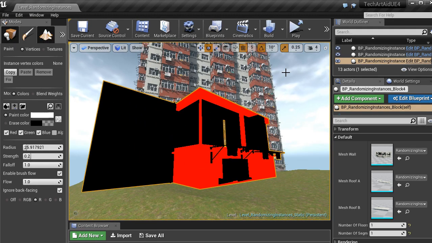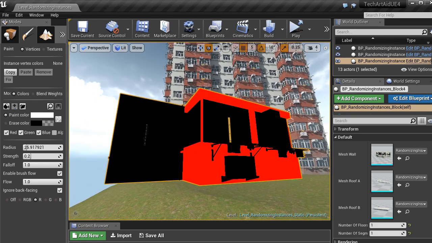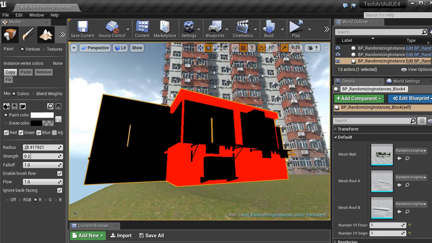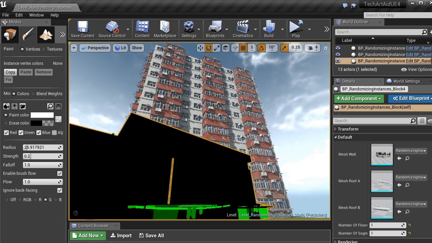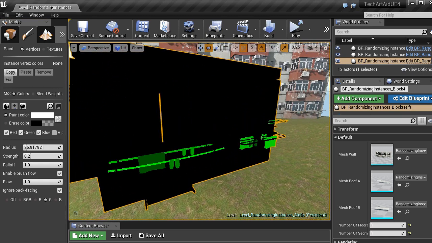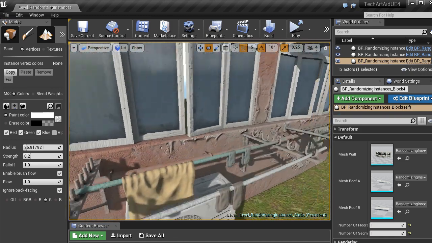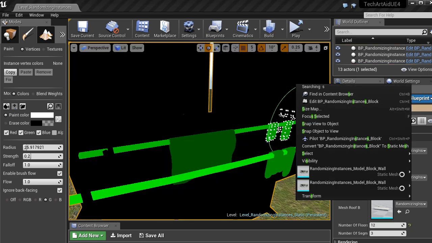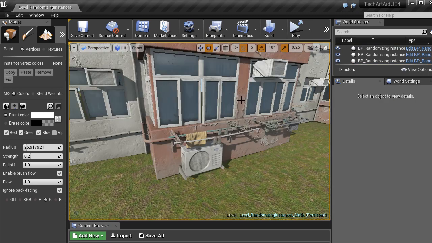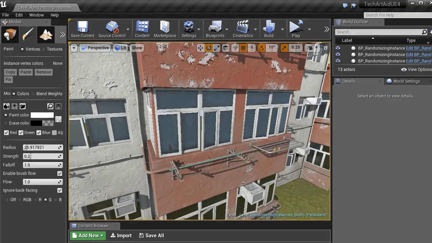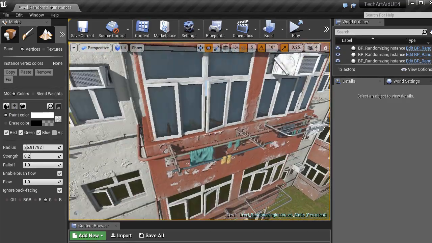The red vertex color channel gives me the mask between the primary and the secondary color of the background. The green channel was used for randomizing the color of the secondary items. So as you can see, here we have a yellow cloth, while here we have a teal cloth.